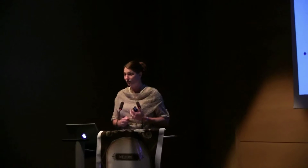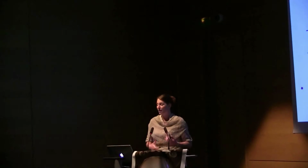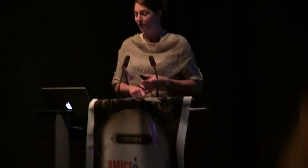And as was mentioned yesterday, the progress of the malaria vaccine field is led by two main candidates. So firstly, RTS,S, which is the particle vaccine from GSK with their AS01 adjuvant. That's just completed phase 3 trials in 15,000 infants, giving around 50% efficacy in 5 to 17-month-old children. But disappointingly, in the age that we would like to target with a malaria vaccine, so 6 to 12-week-old infants, that efficacy dropped to 30%. And again, the duration of efficacy in this age group is rather short, perhaps not lasting more than a single